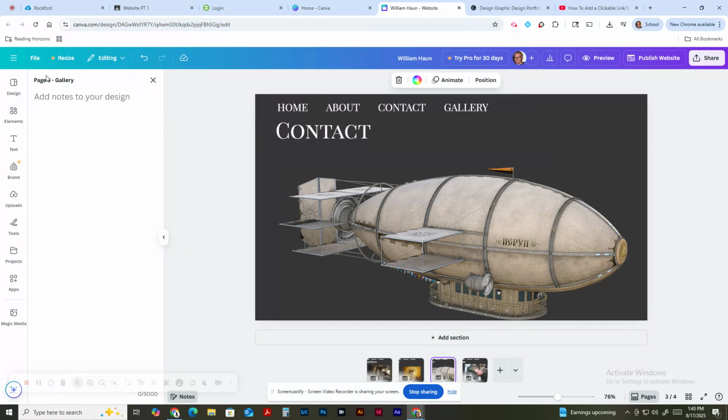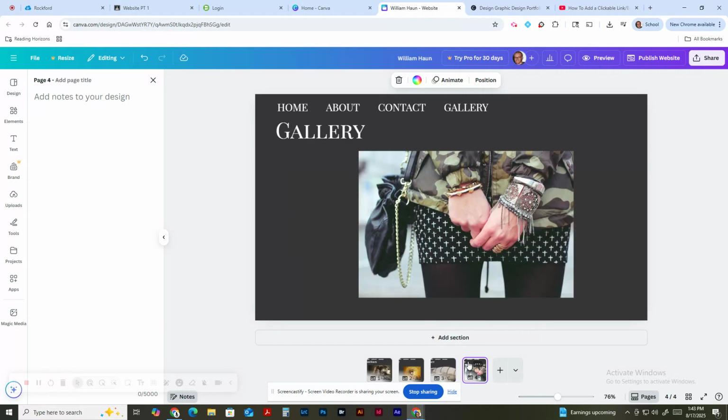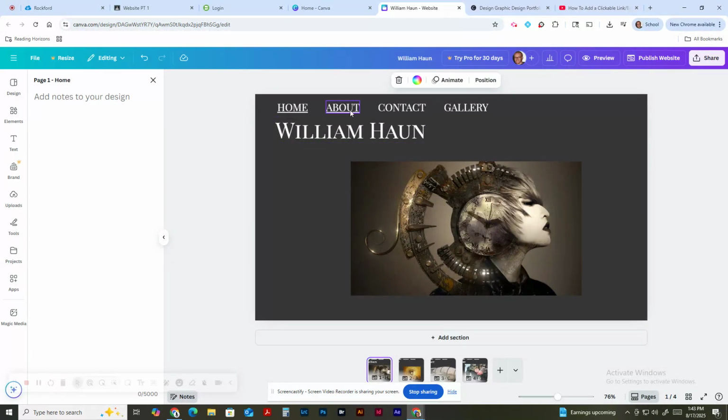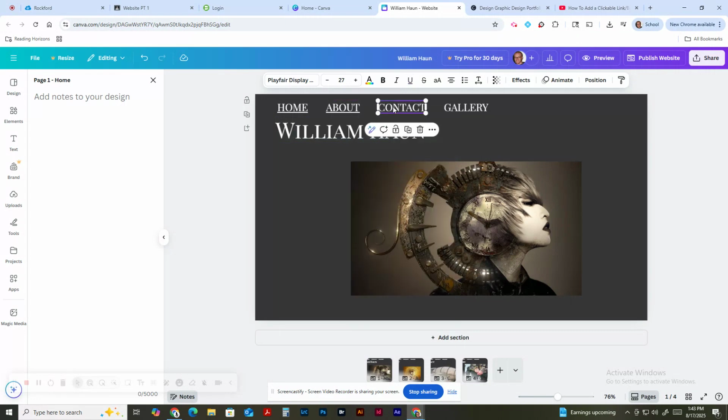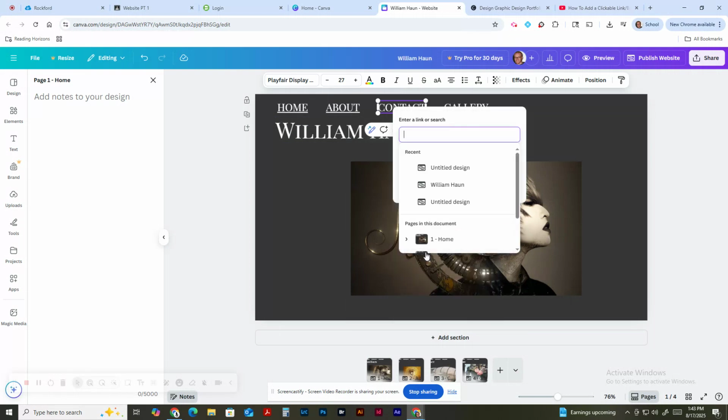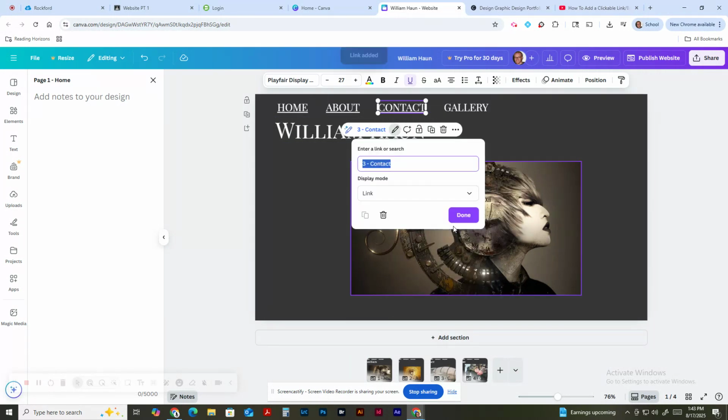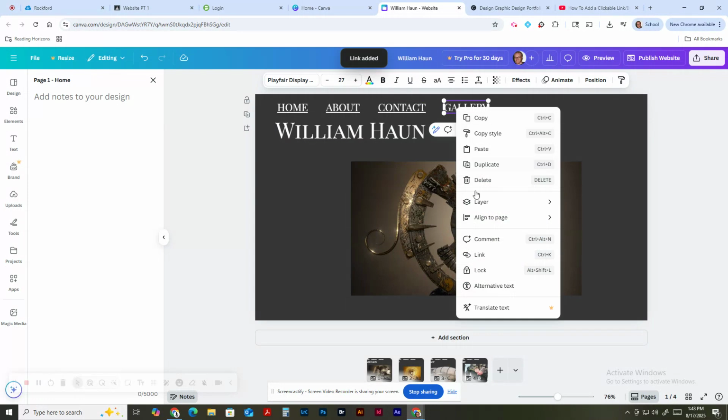So let's make sure, this was called gallery, I made a mistake, so let's call this contact. Real important that we get the names right, otherwise it's not going to work correctly. And then this is our gallery. So I'm glad I caught that. It's fixable, but it's better to get it right the first time. So let's go back to the home page. It looks like it's going to about. Right click, link. This will go to contact, done. Right click, link,